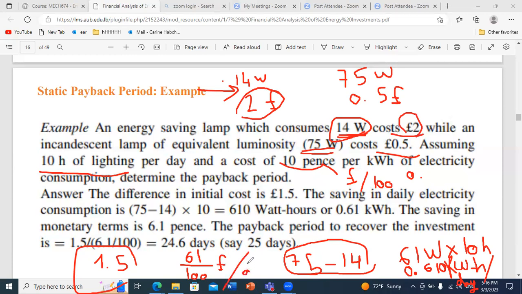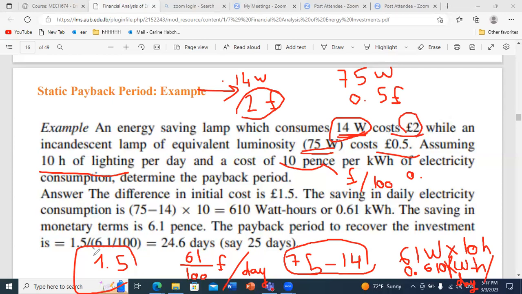Now, to determine the number of days needed in order to recover my initial investment, all I have to do, because I consider here that I have constant saving, because each day I am operating for 10 hours,